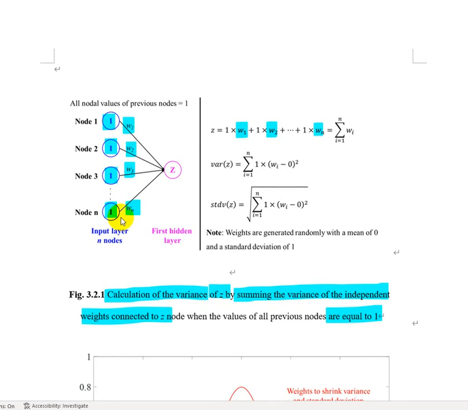And a number of nodes, neurons in the previous layer increases. If these are increases, see over there, these nodes are increases. See over there, 1, 2, all the way, and if we increase node from n to n plus 1, n plus 2, and so on and so forth, the variance of the nodal outputs at layer Z of the next layer will also increase. Okay, the independent weight that has been assigned randomly, and the variance increases, therefore standard deviations here increases. When a number of nodes increases, as you see here,